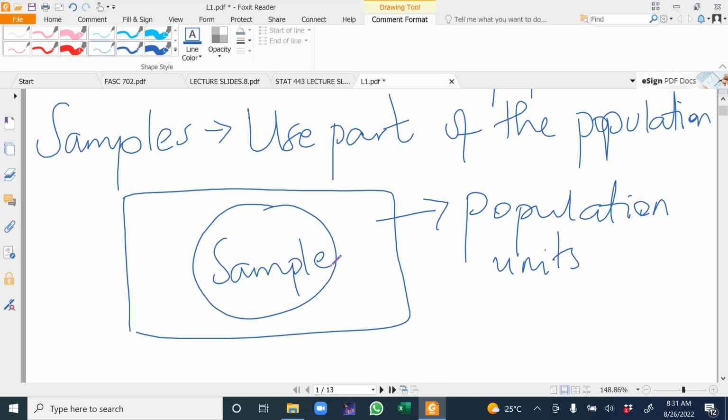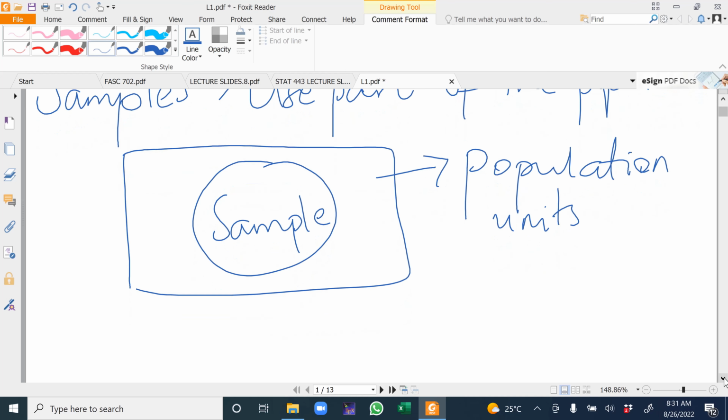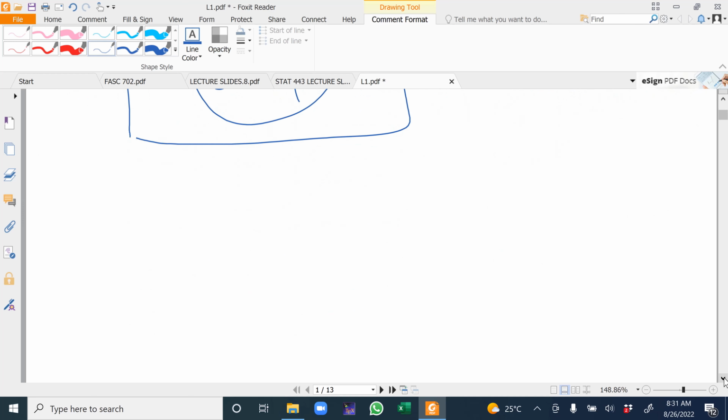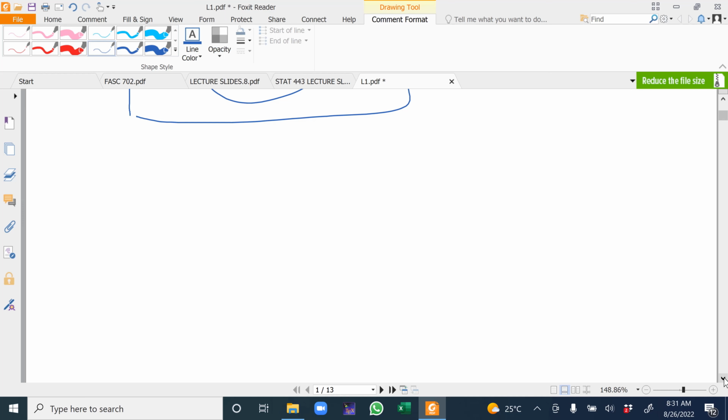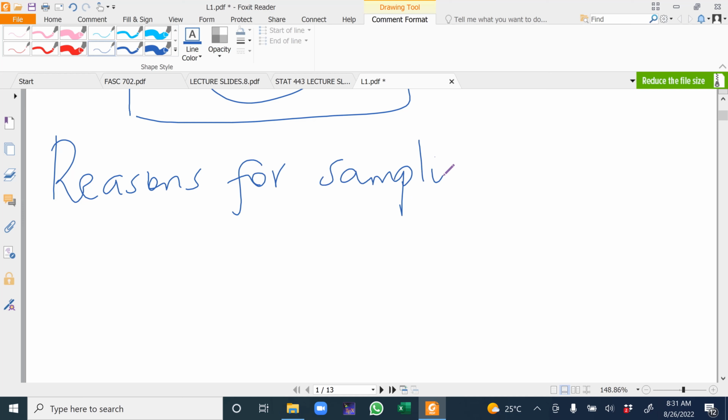Now, there are various reasons as to why you can use samples for your survey, and the first reason as to why we use samples in our surveys is that it involves reduced costs. So, reasons for sampling. One is that it has reduced costs,